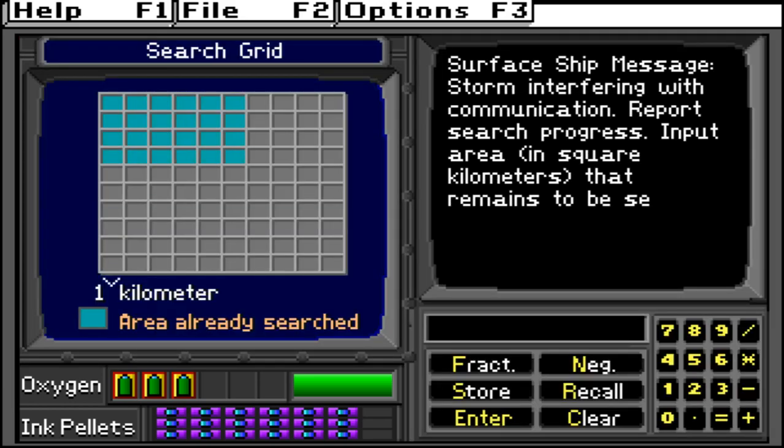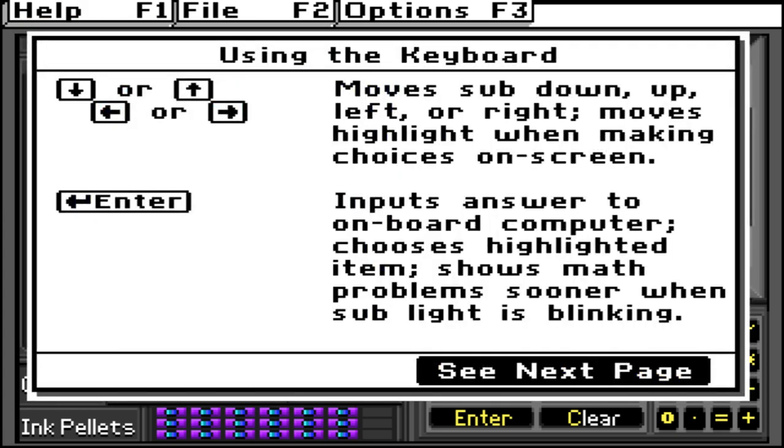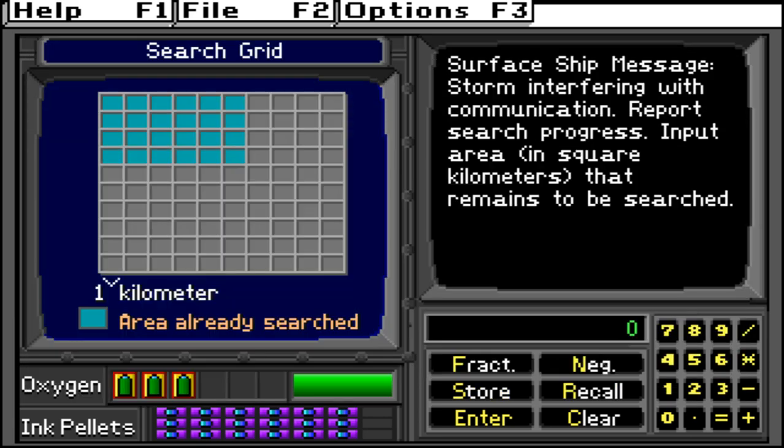Storm interfering with communication. Hold on. Okay. So I need to hit enter when those come up. What do we got here? Input what remains to be searched. If the total grid is 10 by 10, that is 100. Correct. Already searched is 6 by 4, which is 24. Mm-hmm. 100 minus 24